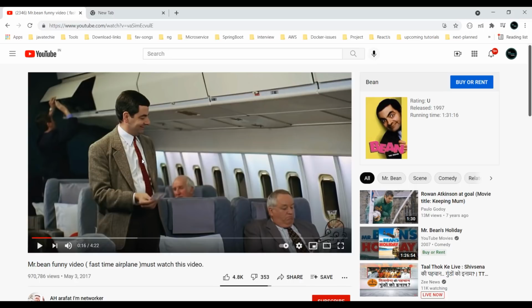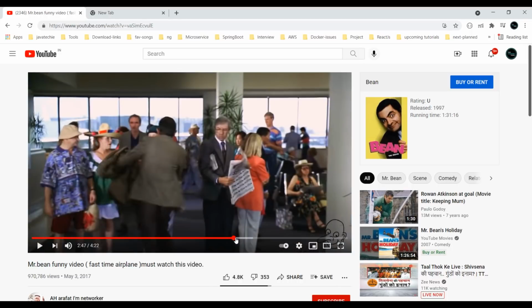Often, the user will also try to watch the video somewhere in the middle by clicking and dragging the seek bar. So this seek bar, as a user, I can directly watch the video from here. So in that case, there is no need to get these video chunks from the beginning. Instead, the client will request the server to serve the video content from a specified byte index. So wherever I click, from that particular index this YouTube browser client will send a request to the server, and the server will serve the bytes accordingly based on the user event.